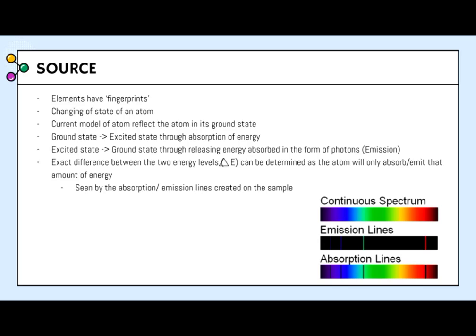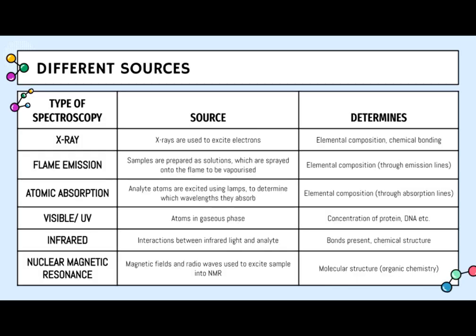The exact difference between the two energy levels can be determined as the atom will only absorb or emit that exact amount of energy, thus only absorbing or emitting photons at that energy. This can then be seen by the absorption or emission lines created on the sample when compared to the atomic spectrum. Here are some of the different forms of spectroscopy and how the sources are obtained, as well as the